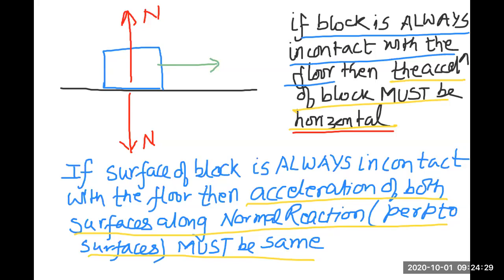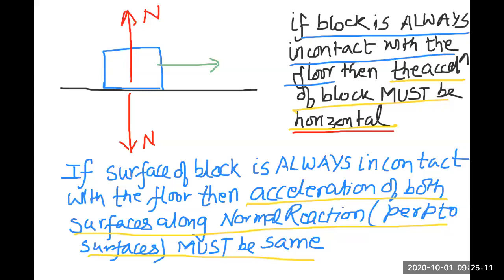So statement 1 is basically something which has been said which is obvious, right? Block contact में है floor के साथ, right? The block is in contact with the floor and therefore the block must move horizontally, right? अगर फ्लोर के साथ कांटेक्ट में नहीं रहेगा ब्लॉक, तो ये पॉसिबल है कि ये ब्लॉक ऊपर चला जाएगा, राइट? ब्लॉक की कोई बंदा आके इसको जो है ऊपर पिकअप कर लेगा ब्लॉक।